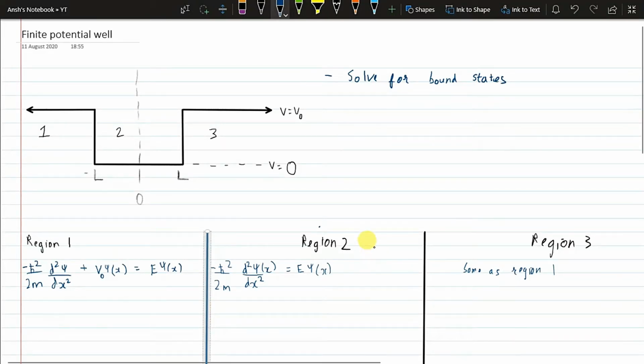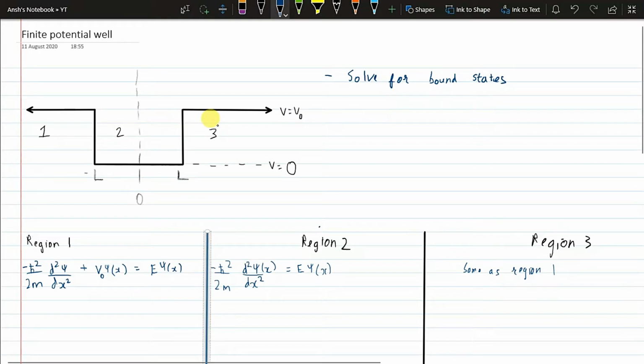Hi everyone. In this video, I'm going to be focusing on the finite potential well, and more specifically, I'm going to be solving the finite potential well to find the bound states that exist in it. If you're new to this video, I would recommend going through the infinite potential well video on this channel or any other channel, because we have developed a lot of intuition in solving the infinite potential well that we'll be using, and also we'll be reusing some similar mathematical tricks that we used there. So it'll be of great help if you go through these videos.